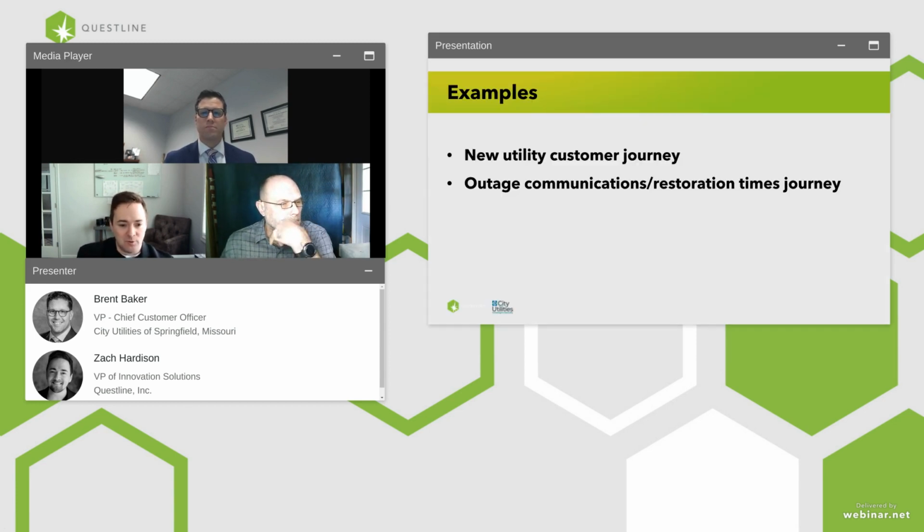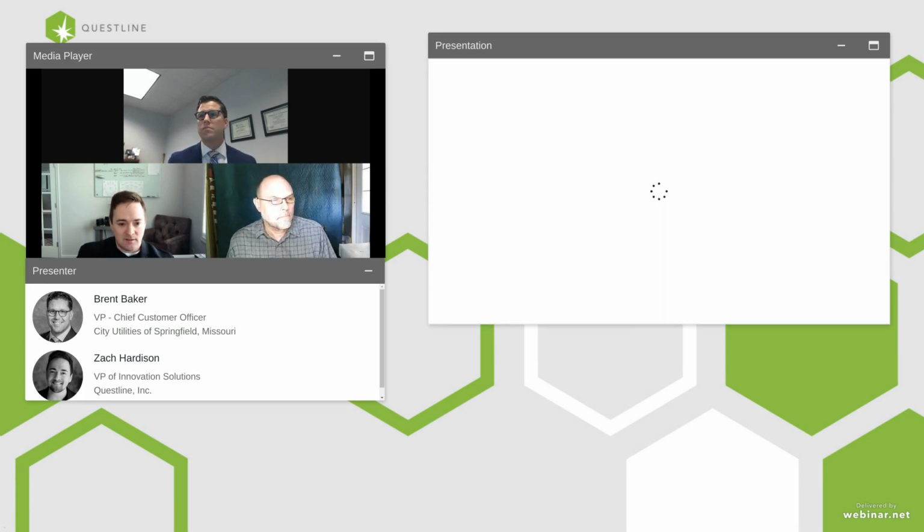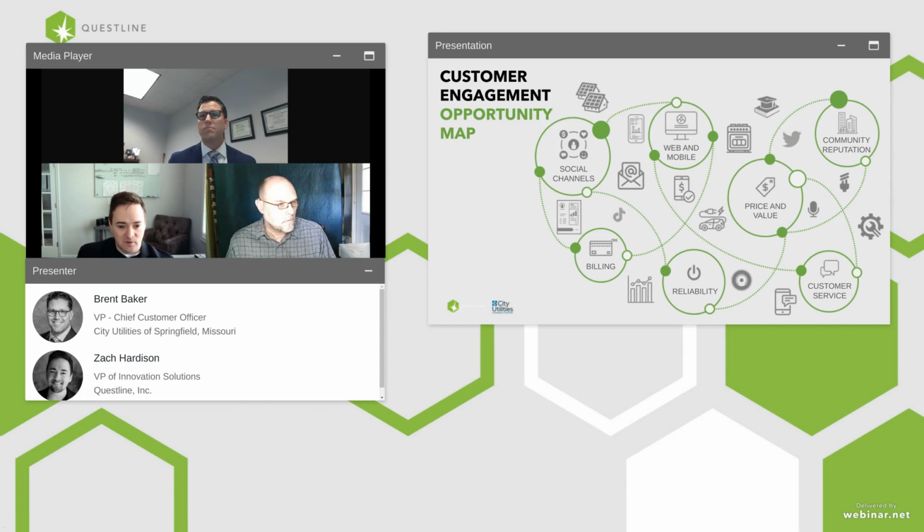Well, we'll move on to, as Brent mentioned, a couple of our examples. So we'll do our utility customer journey first. I'll run through that, and then we'll hand it over to Brent again to run through an outage communications journey specific to our industry. So for the customer engagement opportunity, this is a map that we've created and used to